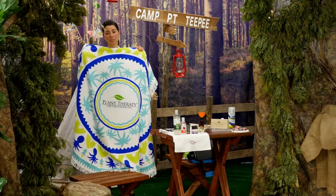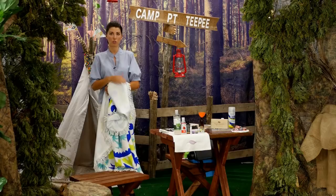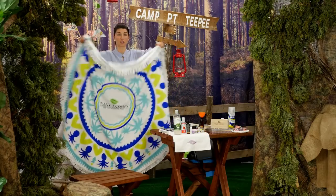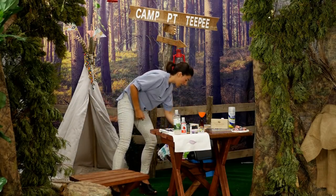And guys, I really do love it. We call it a beach blanket, but it really is towel material, and it's super soft and huge. I took it camping this week as well. So I've used it a lot of times, and I love it. We also have